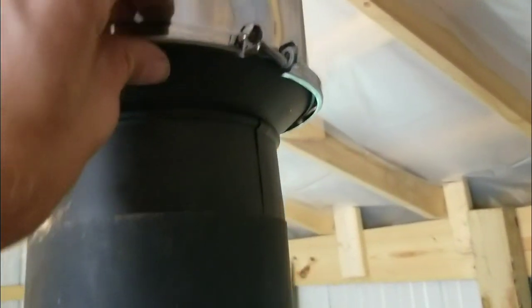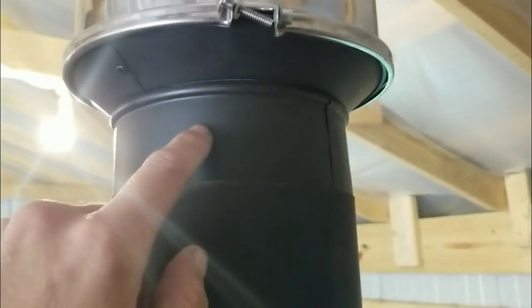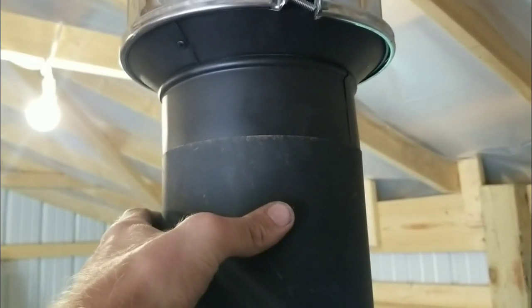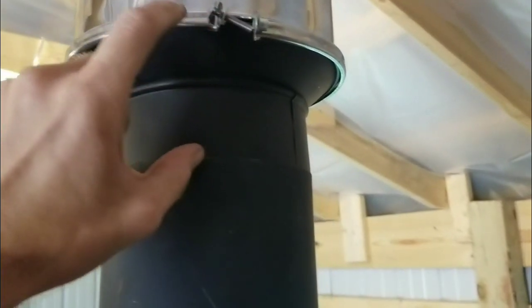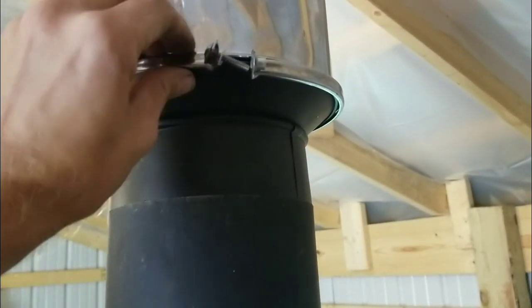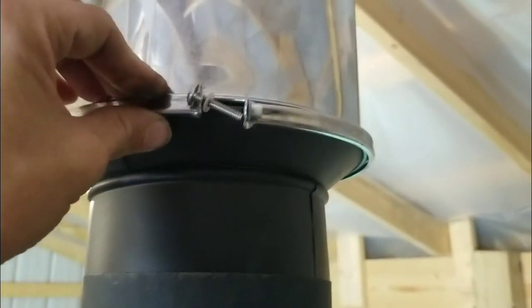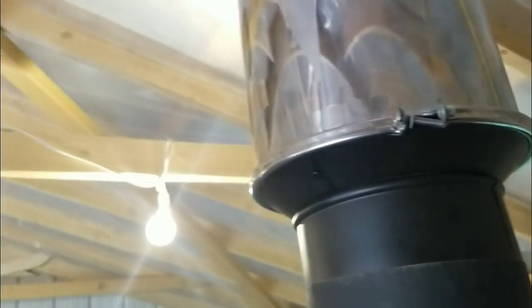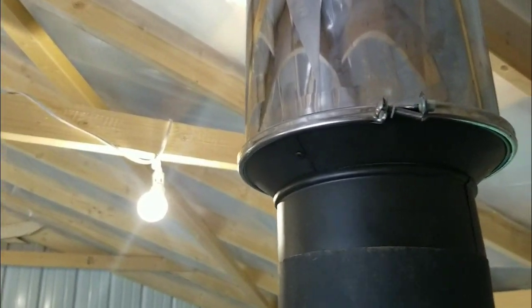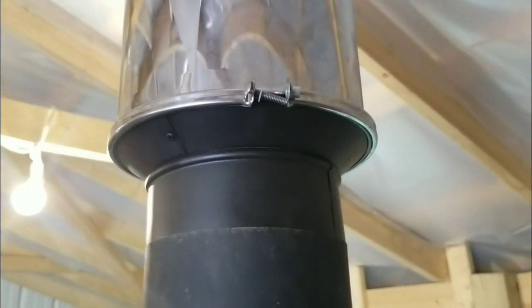One of the things I did want to mention, you need an adapter from the 6-inch single wall to the 6-inch double wall. But it's pretty important not to forget the clamp, which grabs both of these lips here and just holds them together. Not only does it turn and lock in, but that'll also just help hold it together. It's just kind of a weak pivot point,